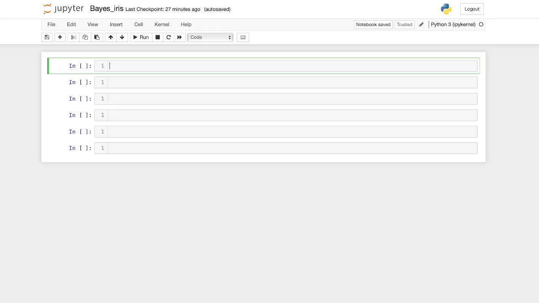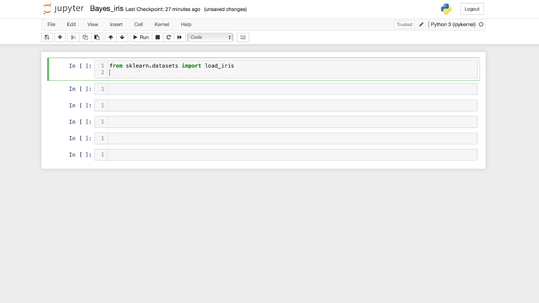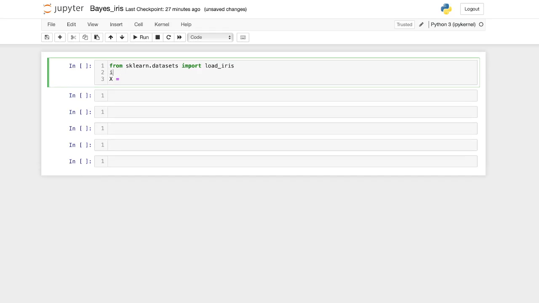So we're going to load up our Jupyter notebook. I'm going to call this Bayes iris because we're going to be using the iris dataset from sklearn. So let's load that up. From sklearn.datasets import load_iris. And what we're going to do is set our x value to the load iris. Let's actually, just for fun, show you that we can save this dataset into one single variable by doing this. And then we can now set our x to